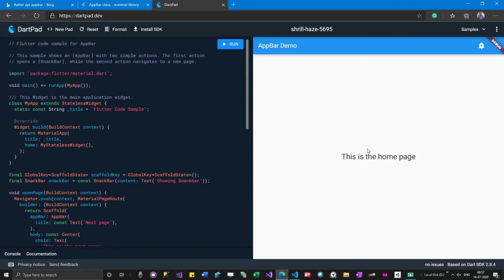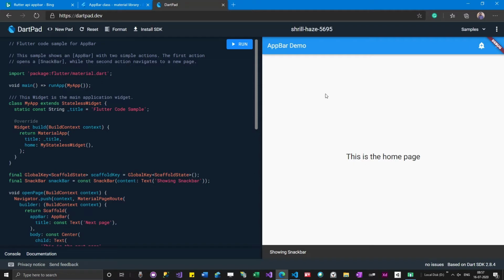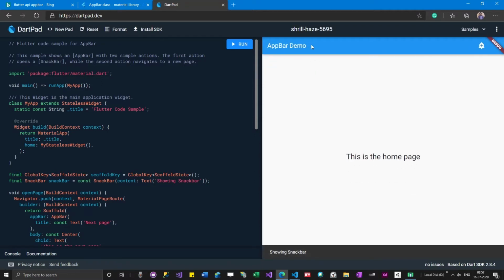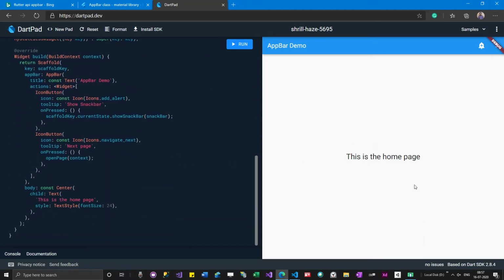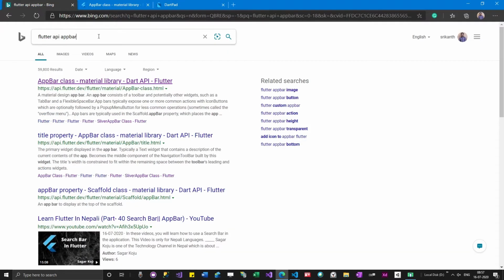Why is it important to run the examples and see the code? Because at some point in your future you will be connecting all these dots. You'll understand that adding this kind of button is possible, adding this kind of menu is possible, adding this kind of title is possible, showing some message like this is possible. Then whenever you want to use it, you'll go again and search in